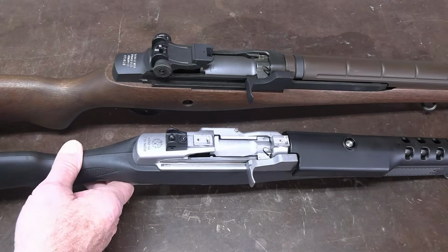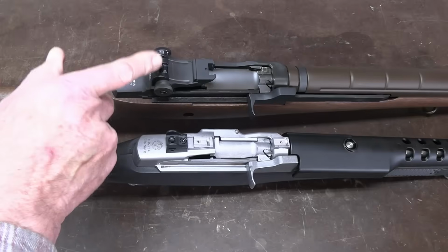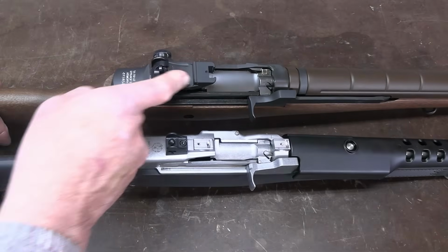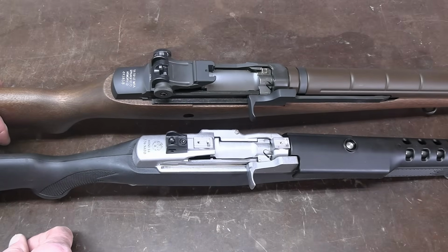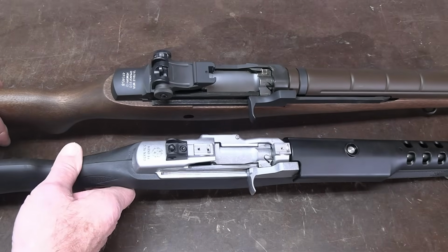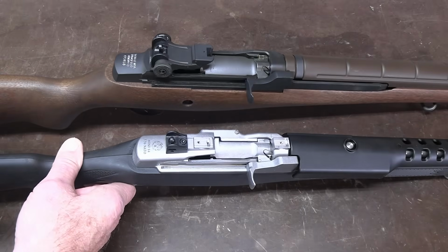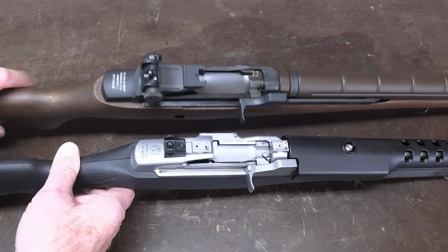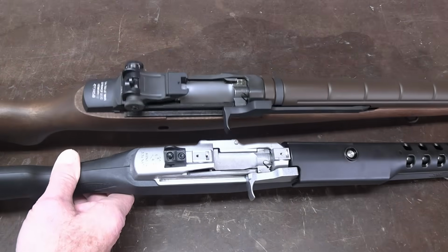So that means that he did not need to have a separate and expensive sighting arrangement, which would have raised the cost of a gun unnecessarily for a person who really didn't have any intention or need of changing it in the field. Now,